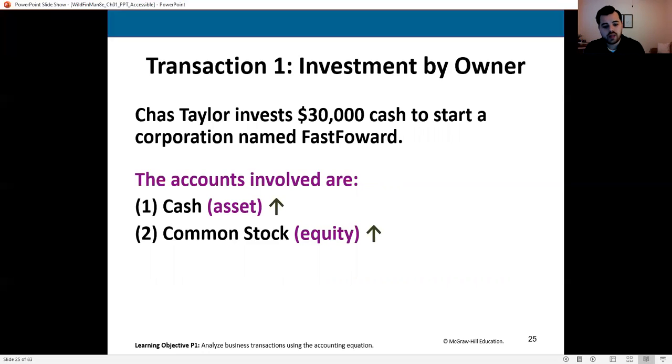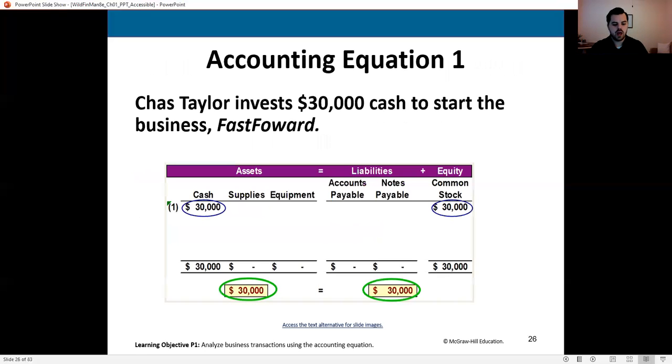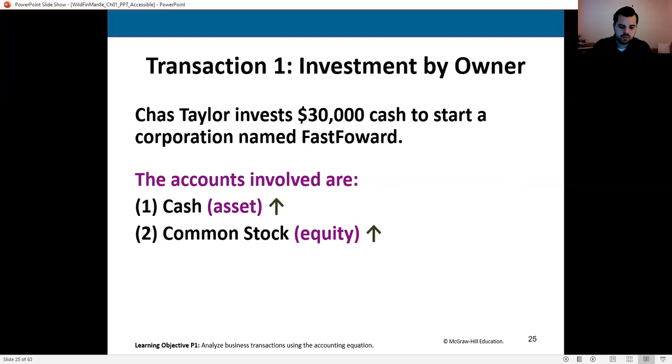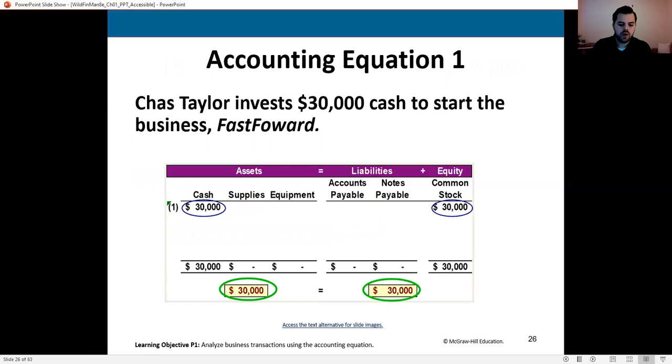So you, the company, received cash, so cash is increasing. When someone invests money in our company in exchange, in this case to start the company or in exchange for stock, then we increase common stock, which is an equity account. If you were to write out this equation, you would see that cash is an asset that is increasing and equity is increasing because common stock is increasing. Notice your total assets then of 30,000 equal your total liabilities and equity of 30,000. So what we are seeing is our assets, what we own, right, is equal to our liabilities, so people we owe money to, plus the money that people have put in.